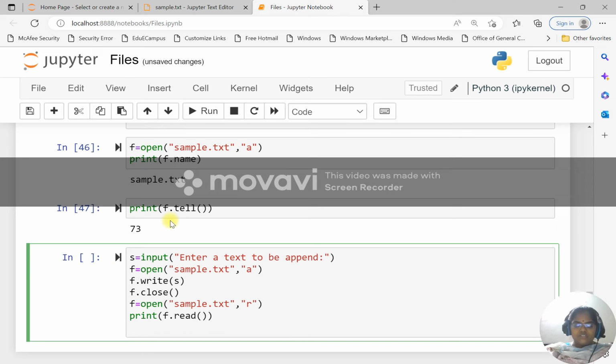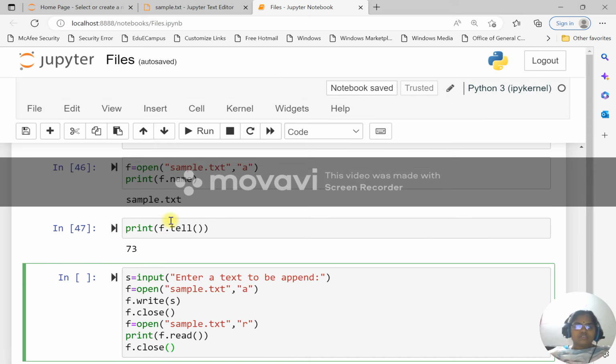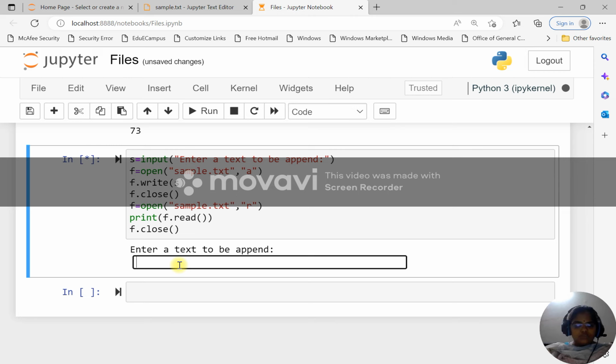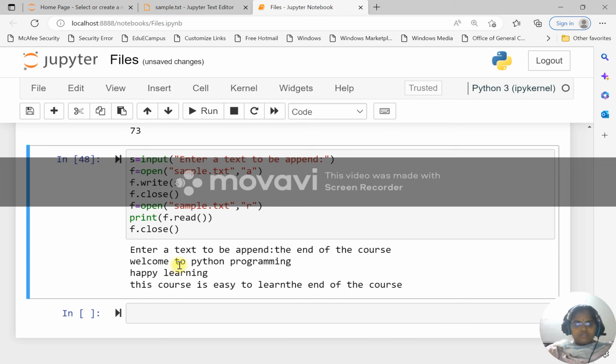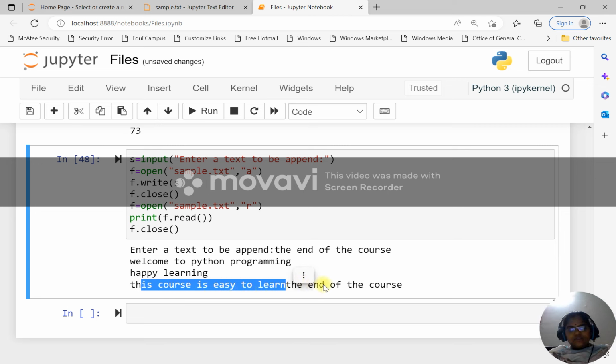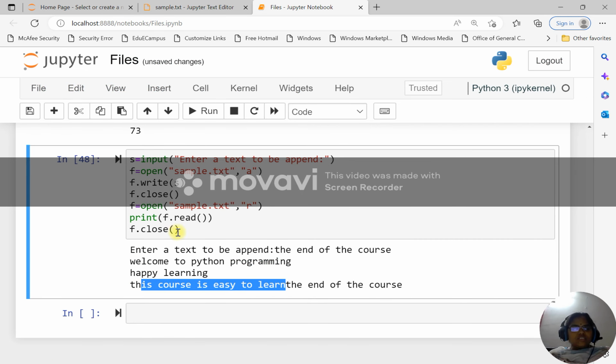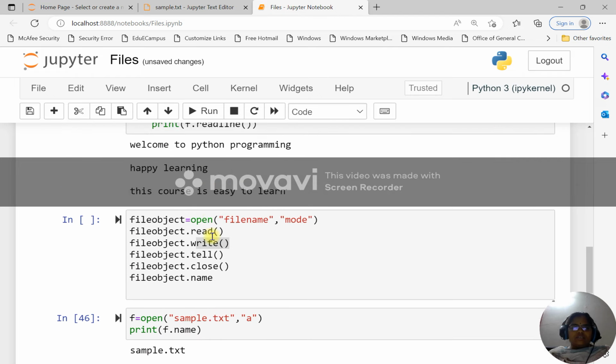After which you can close the file, f dot close. If I just run this, it asks me to add the text to be appended. I'll say, end of the course. You can see this course is easy, and at the last, the end of the course is appended. You can observe it in the text file also. Just refresh this file, and you can see the line called end of the course has been appended at the end of the file. So this is how you can perform all the different operations, that is read, write,